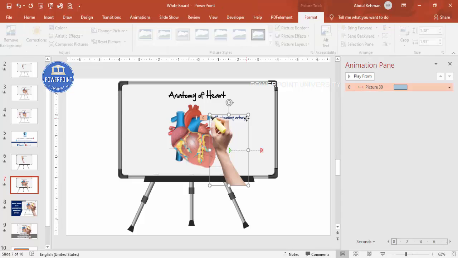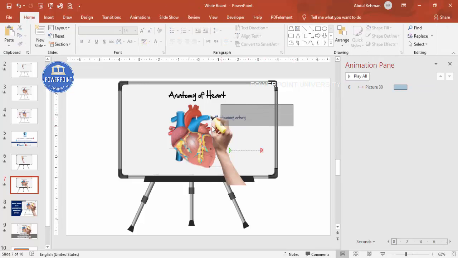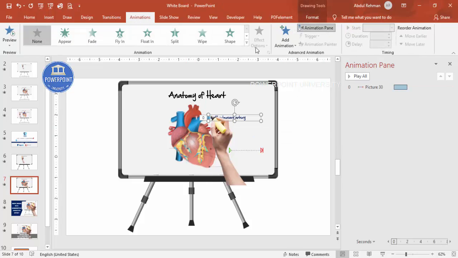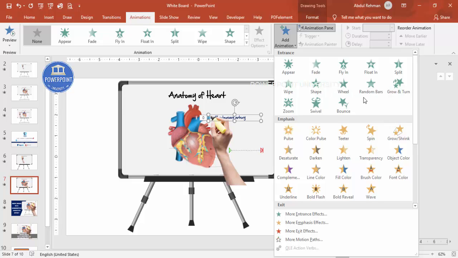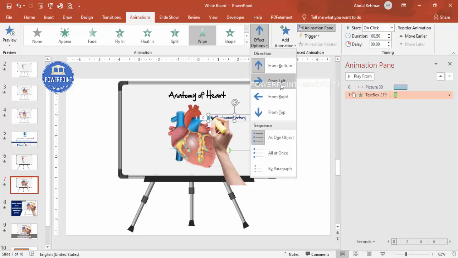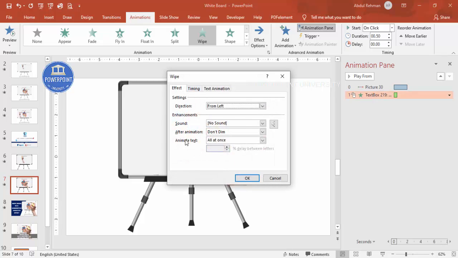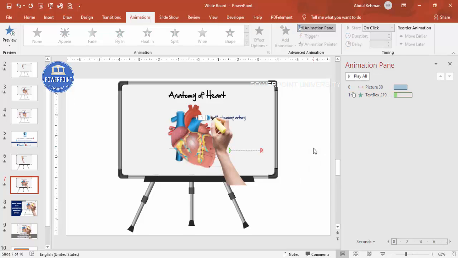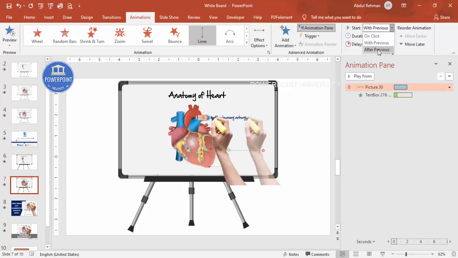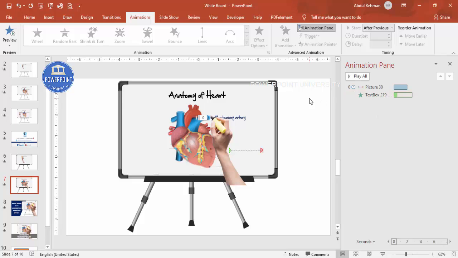All right, and then for this text I'm going to give the same animation. Okay, so let me just select the text, go to the animation, add animation. I'm going to make it again the same, which is the wipe. All right, wipe, it should happen from left. Double click this one and animate by letter, again maybe 25. Click OK. All right, and this should happen with previous, and this should happen after previous. Okay, so if I play now,